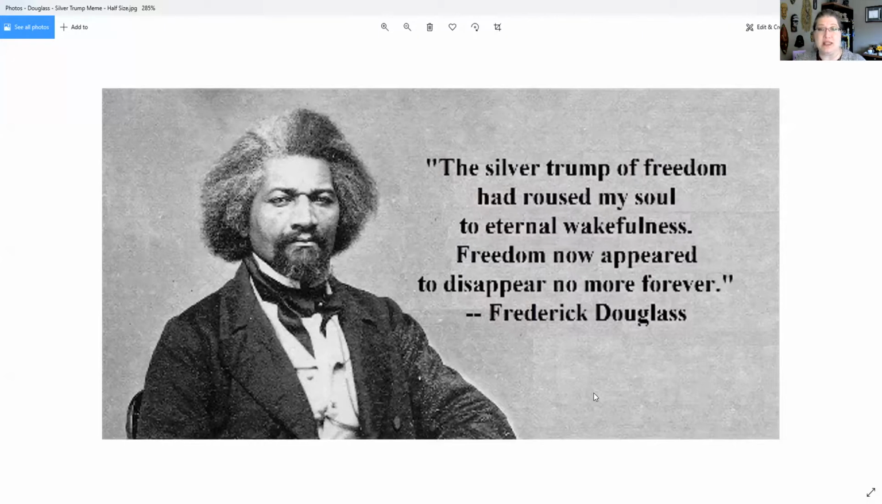Here's one that says, "The silver trump of freedom had roused my soul to eternal wakefulness. Freedom now appeared to disappear no more forever." And it sounds kind of confusing right now, but you haven't read the text yet, so that's okay. What I want you to do is think about his descriptive language and how he brings to life